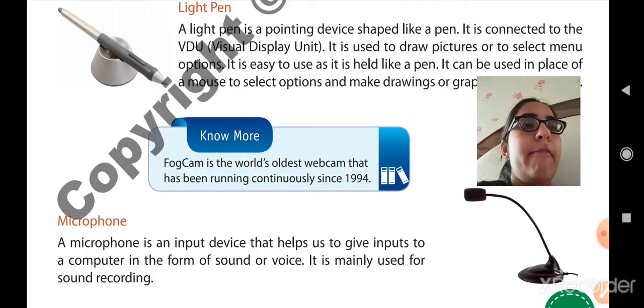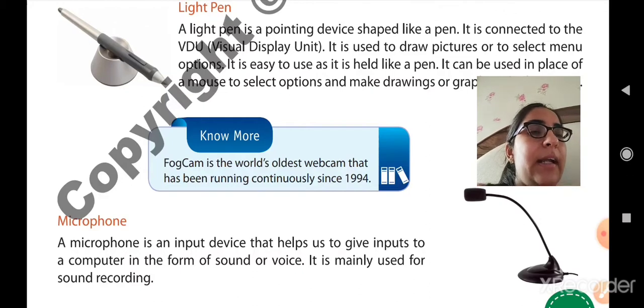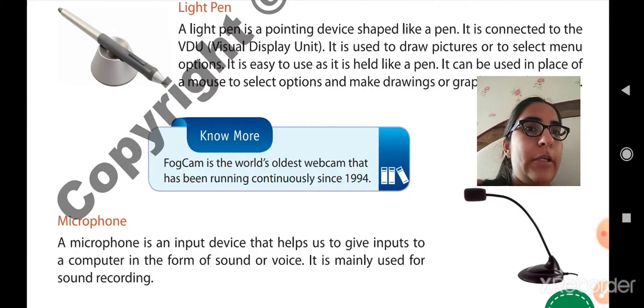It means that if a person doesn't know how to write, he cannot use a keyboard or the mouse. So he can speak. Here YouTube also provides you the facility of a microphone. If you want to search anything on YouTube, then you can just click on the mic button and speak anything, and that will be presented in the YouTube videos. Here also in the same way, a microphone is used to give the inputs by speaking.